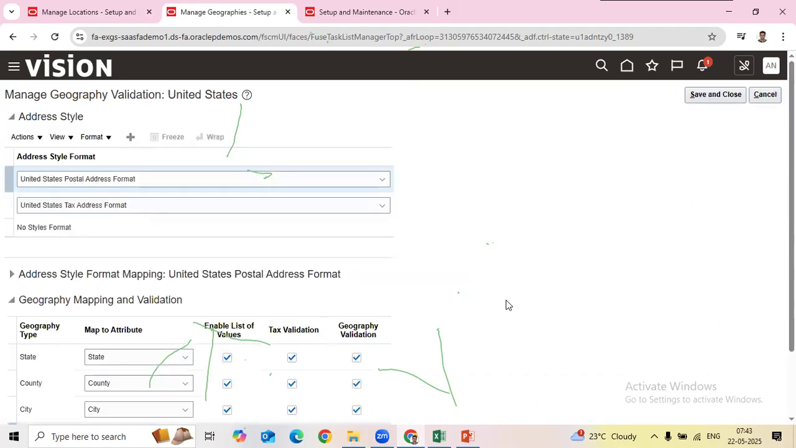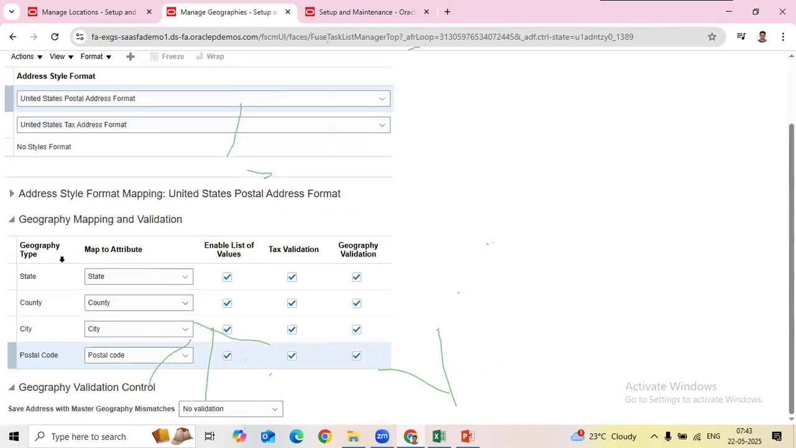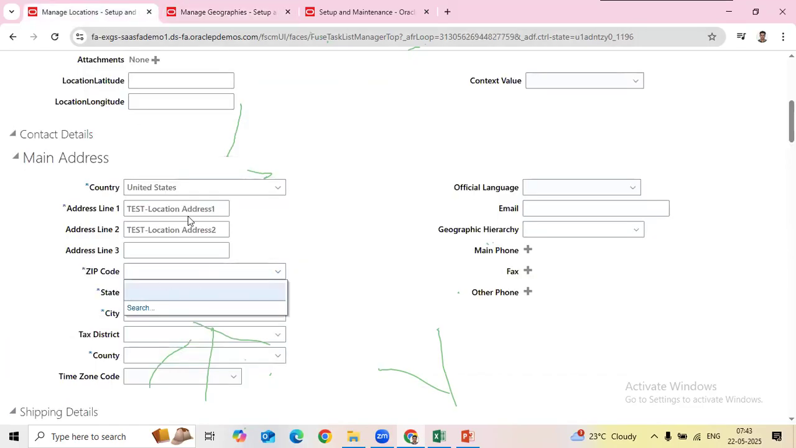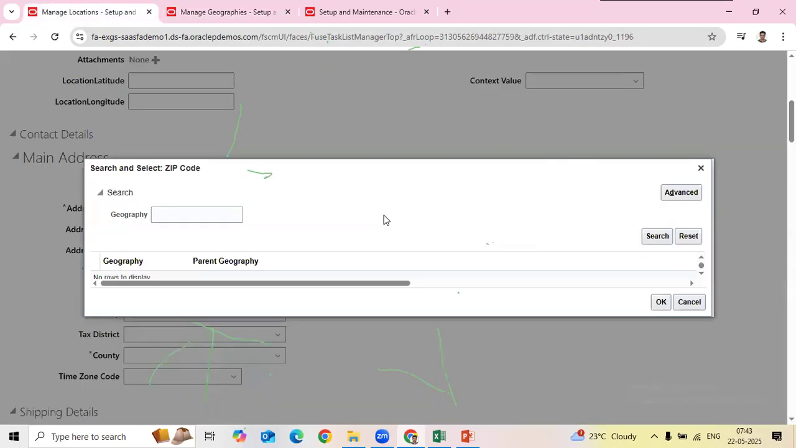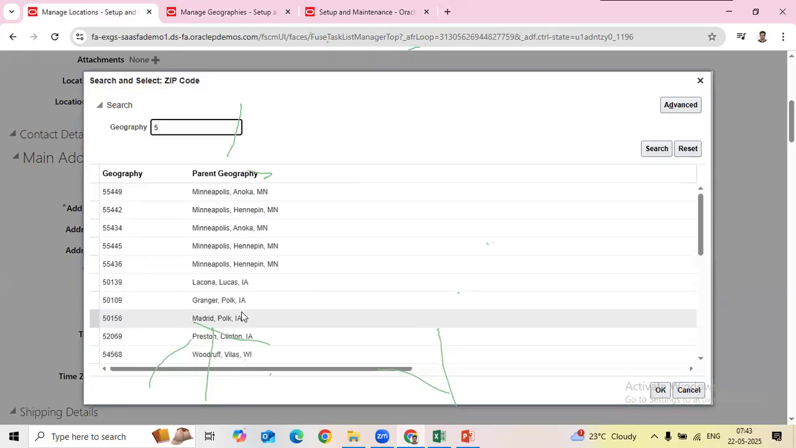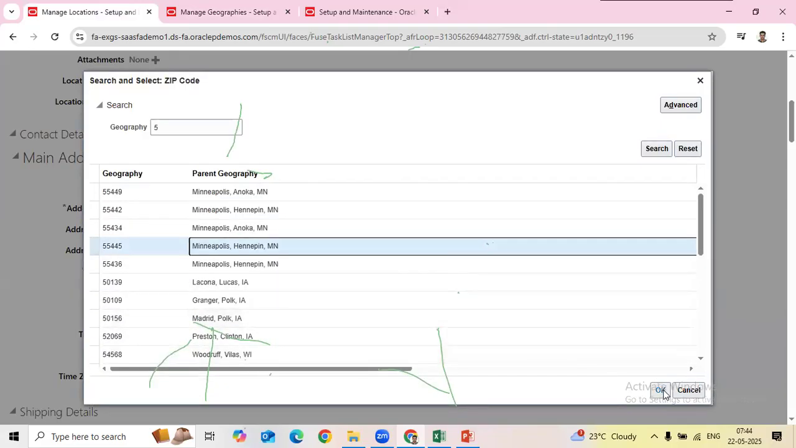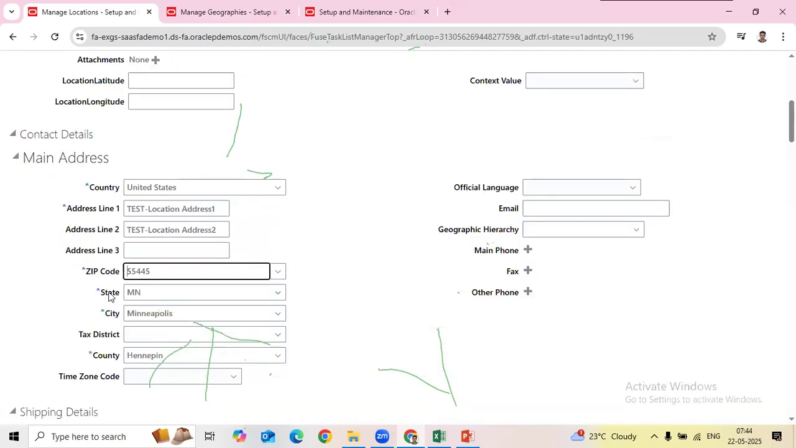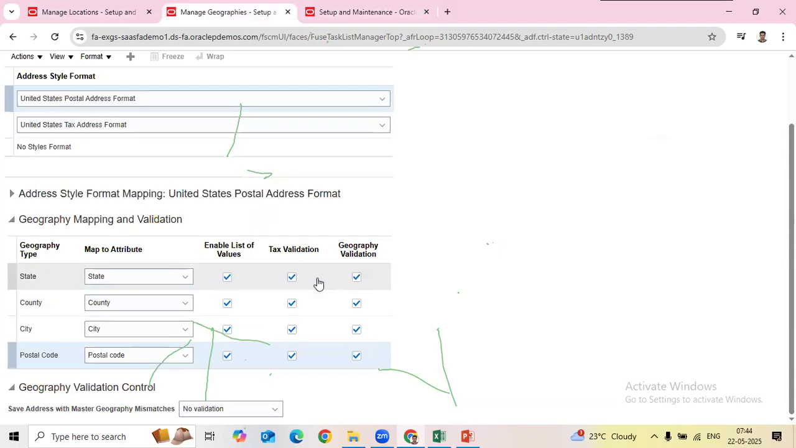Validation defined here means, for example, what is the hierarchy? State, county, city, and postal code. These are all the hierarchy for the US country. See here, when I try to search with a zip code, some example like 5, that should be queried with whatever numbers are there, meaning postal code and state and city. So here, guys, if I disable it